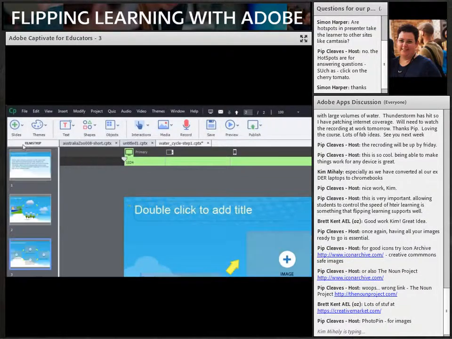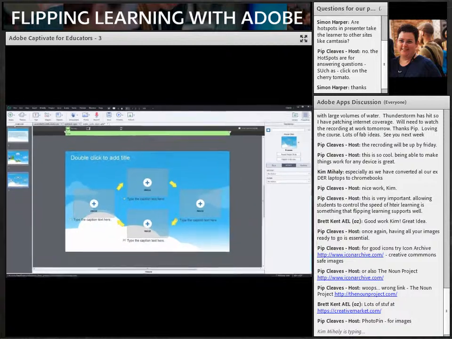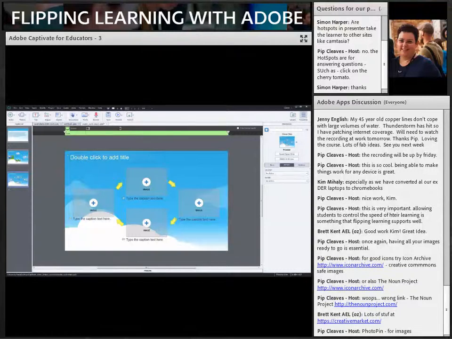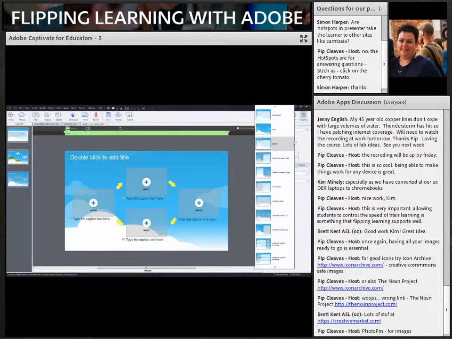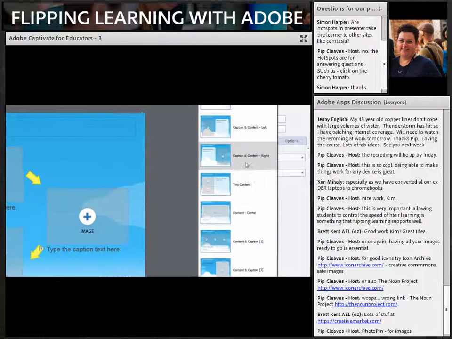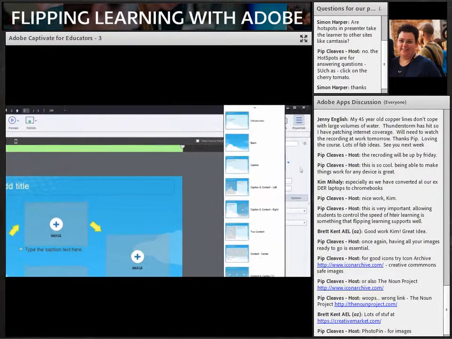Click on Content Slide to add a new content slide. You'll notice that the content slide comes in with the layout that you last selected. That's the layout for the process, but we don't want a process for the informational slides. We actually want to use a different one. So instead, let's use Caption and Content Right, choosing them